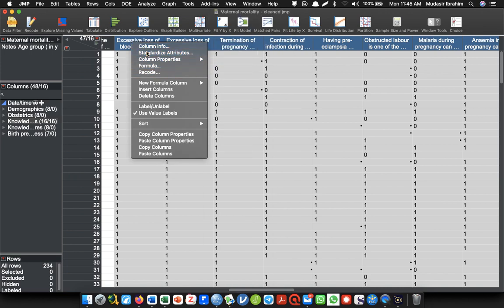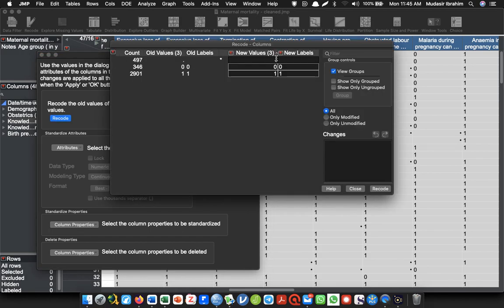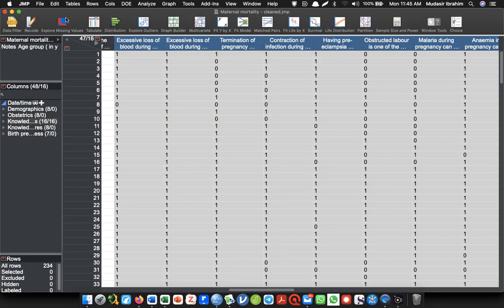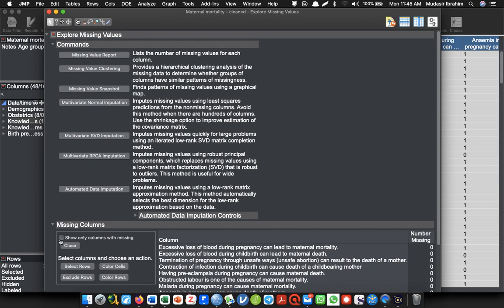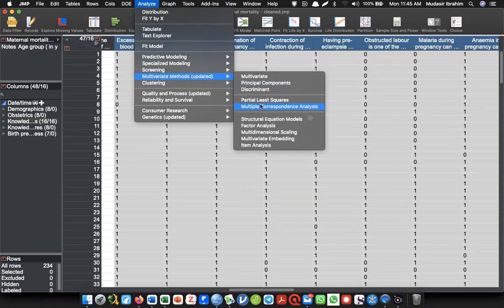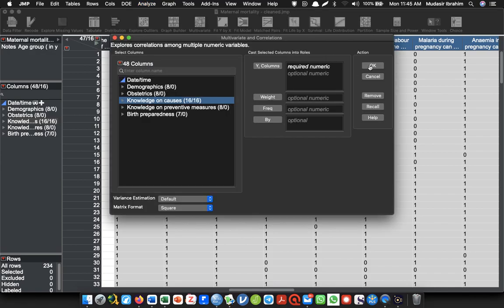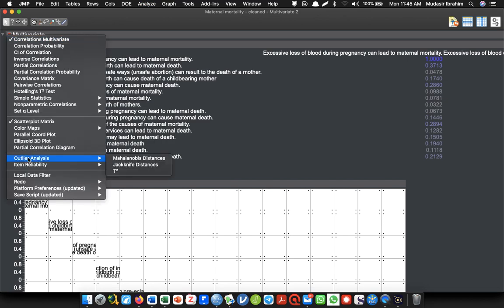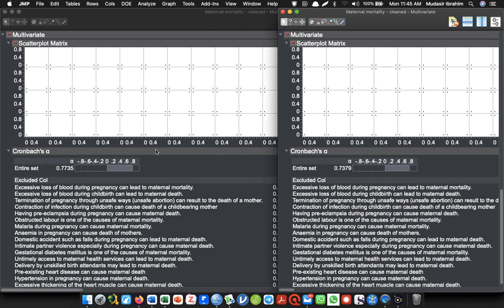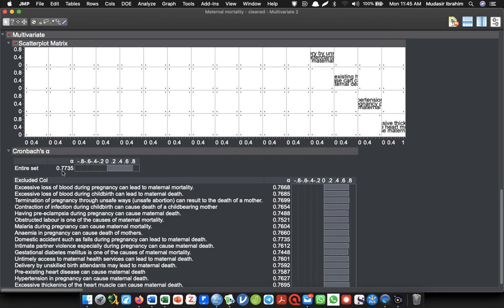So let's code the missing as 0. We'll code them as 0. You can do that in the software that you are using. We'll make them this, and when we run missing value, you realize that show columns, we don't have any missing values again. So let's run the same analysis again, multivariate, item reliability, Cronbach's alpha, and we have 0.77. So you realize that they are all within the same threshold, but this one is somewhat